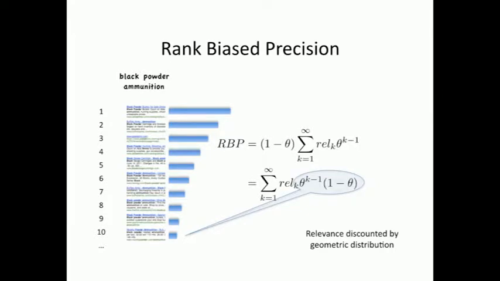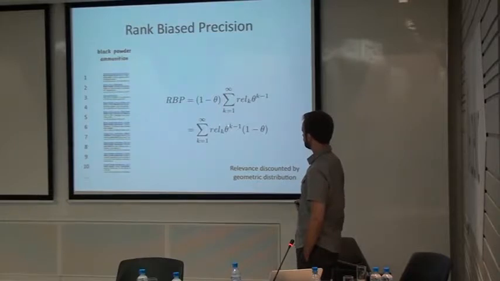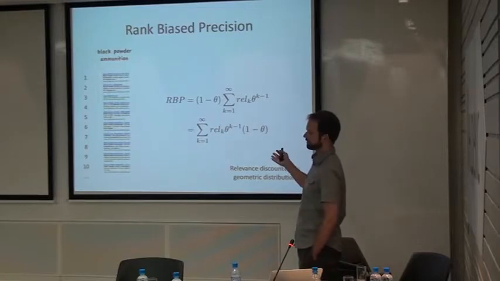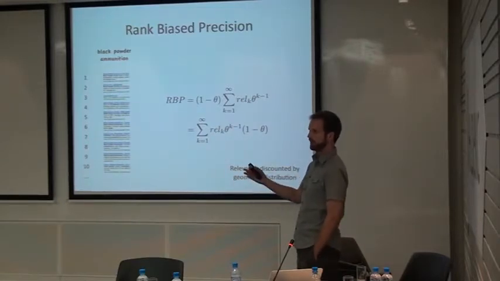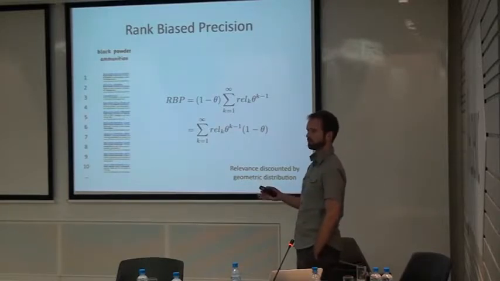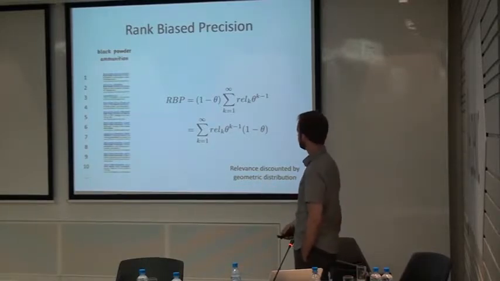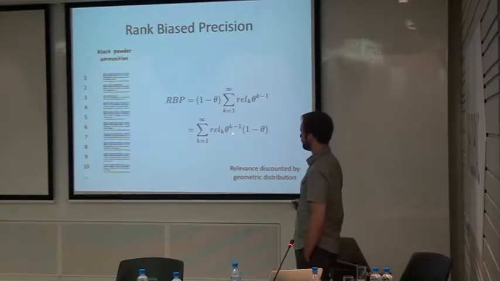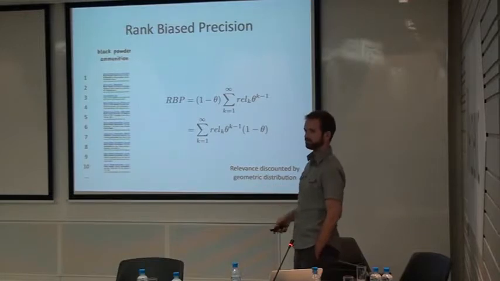So let's say they're looking at the first result. Let's say our biased coin has probability 0.88 of coming up heads. So they flip the coin, and essentially, you implement a coin flip as sampling from a random number generator. So let's say we sample 0.5532. That's less than theta. So we're going to say the user moves on at this point in this sort of simulation of user behavior. So then the user looks at the document at rank 2.